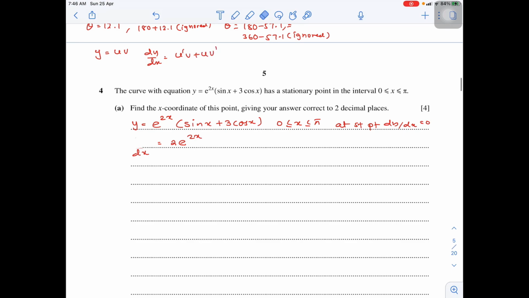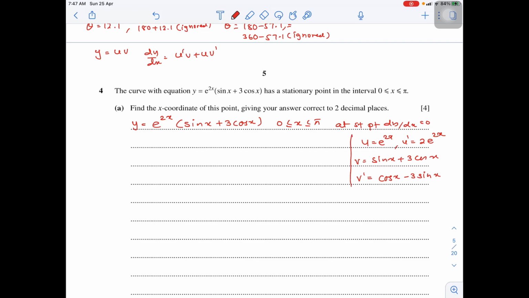What I'm doing is, if y equals u dot v, then dy over dx is u dash v plus u v dash. Let's find it like that, so it will be easier for you. So u is e to the power 2x, u dash is 2 e to the power 2x. Then v is